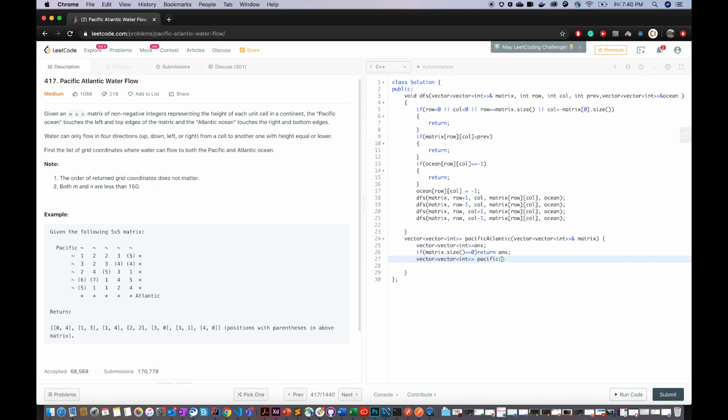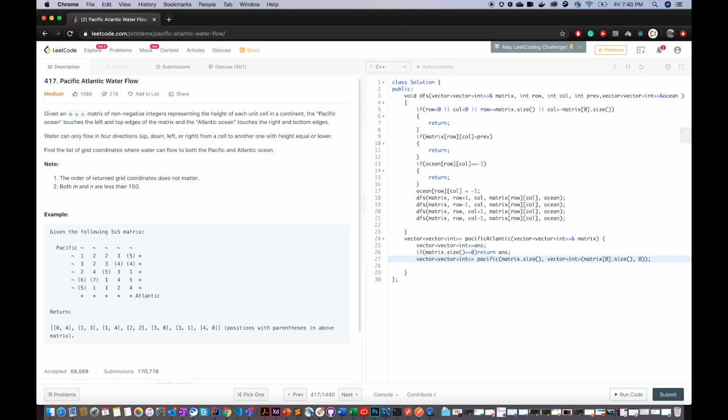Its size has to be matrix dot size, which is the number of rows. For number of columns, I'm going to write vector of int matrix 0 dot size, and I'll initialize the value as 0 for each.